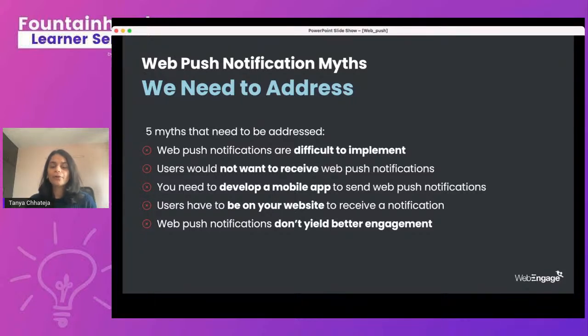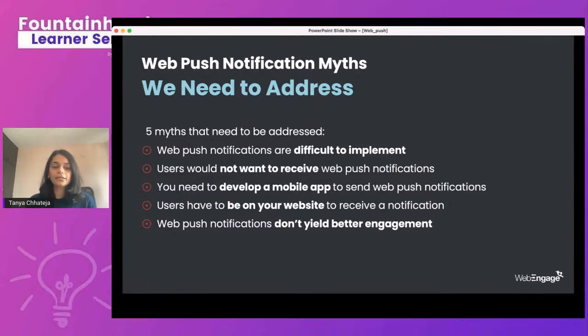Second is, users would not want to receive web push notifications. We already cleared that when a user opts in for your web push notification, the user is saying yes to receiving web push notifications. And it's not a bad idea to diversify in terms of the channels wherein you can engage with your users. The third is, you need to have a mobile app to be able to send web push notifications, which is not true.